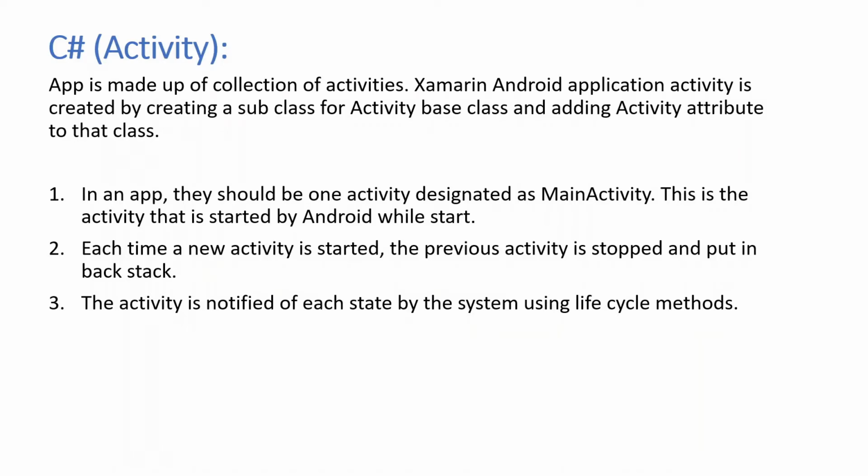Without activities, we cannot create Android applications, because once your Android application is launched, the activity is the first thing called by the Android OS. So with the help of activities only, we can create our application. Whenever the application launches, the first activity is called the main activity. If your application has a collection of activities, the first activity called by Android is the main activity. If you want to make an activity the main activity, you need to set main launcher to true. Then only is that activity taken as the main activity by Android OS.